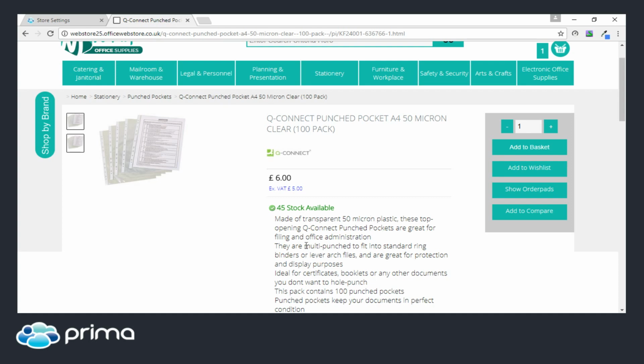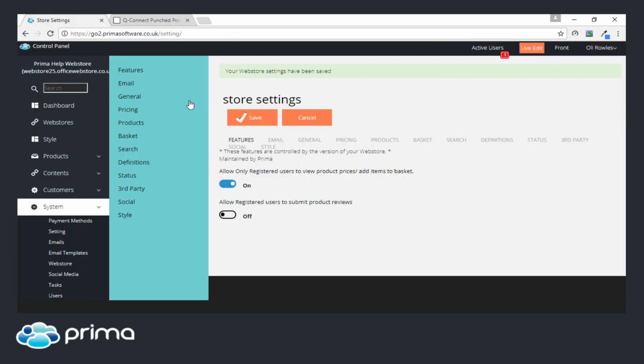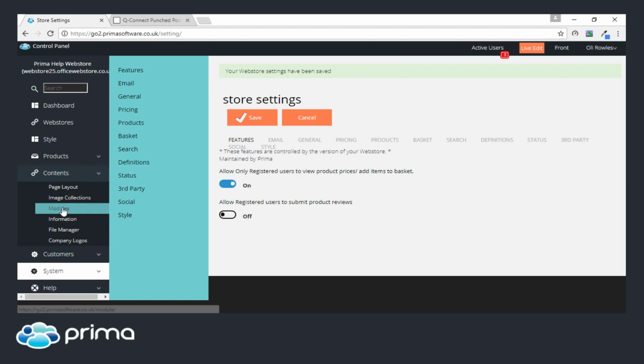Moving on, this is something that we've put in, and it's a new link that you can add against your image collections, things like that. And it's a really useful link, so what you can now do is set up a link directly to an email address. So for example, if you set up a new banner on your site that was promoting a certain product, but you had to actually email in to get that product, then what you can do, if we go to Content and Image Collections,